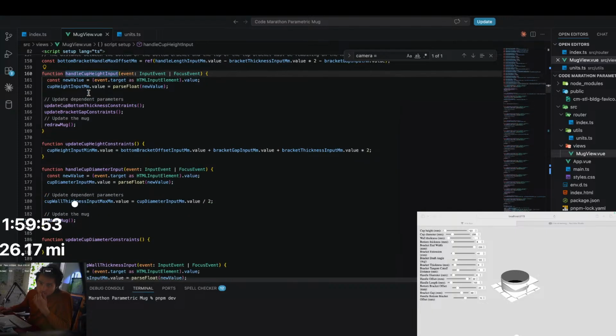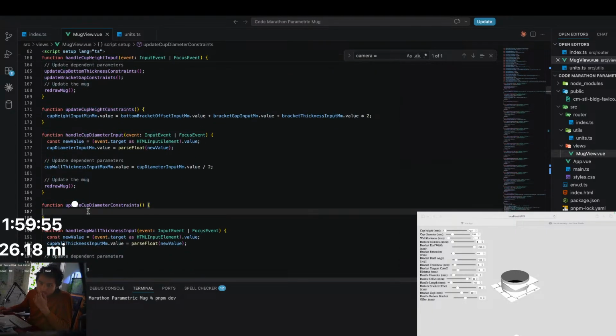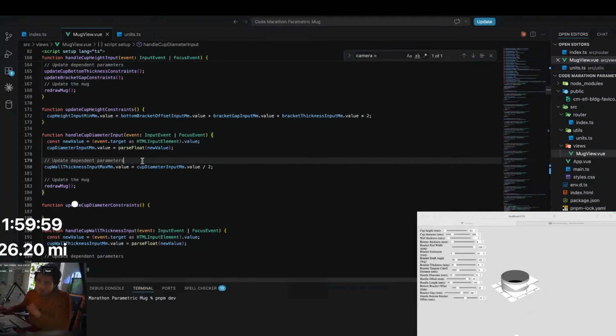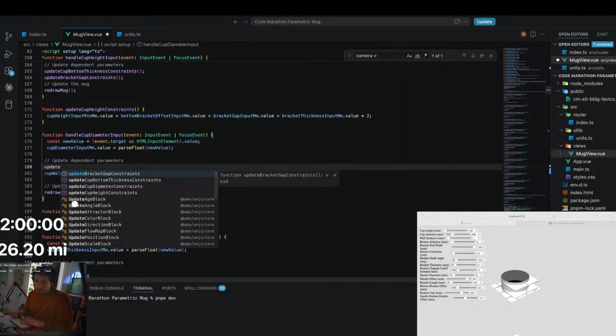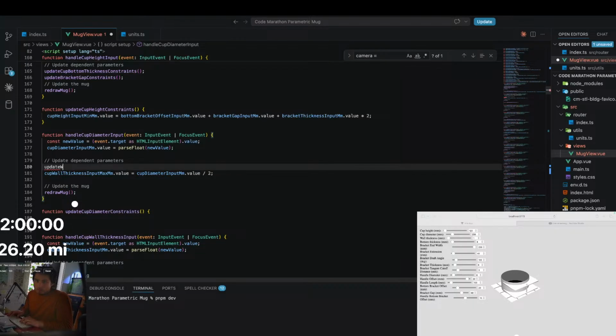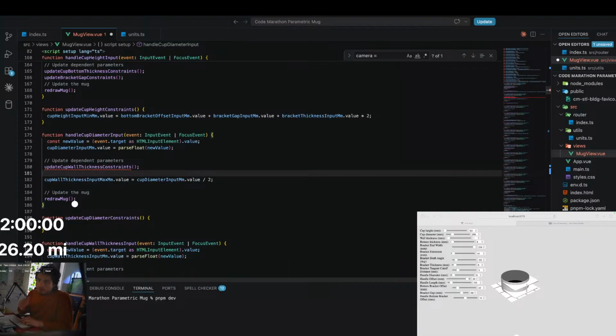So when we change the diameter, we need to update the wall thickness constraints. So we can say update cup wall thickness constraints. And then the diameter also affects the bracket end width, because I don't think we want the bracket, again,